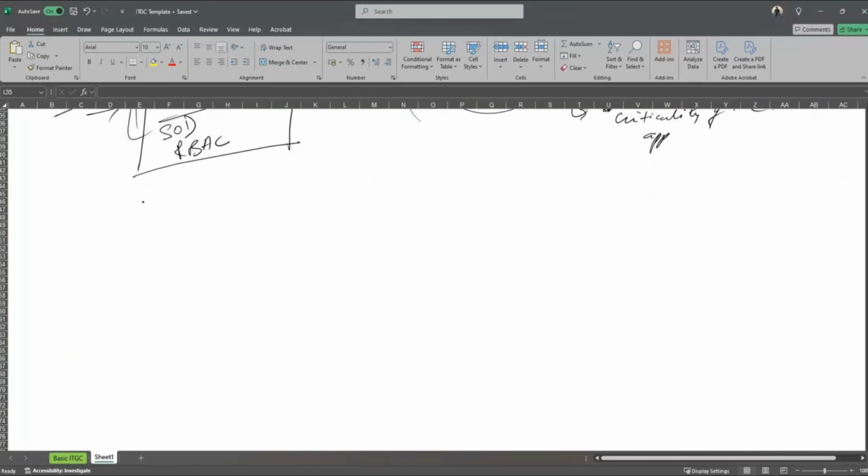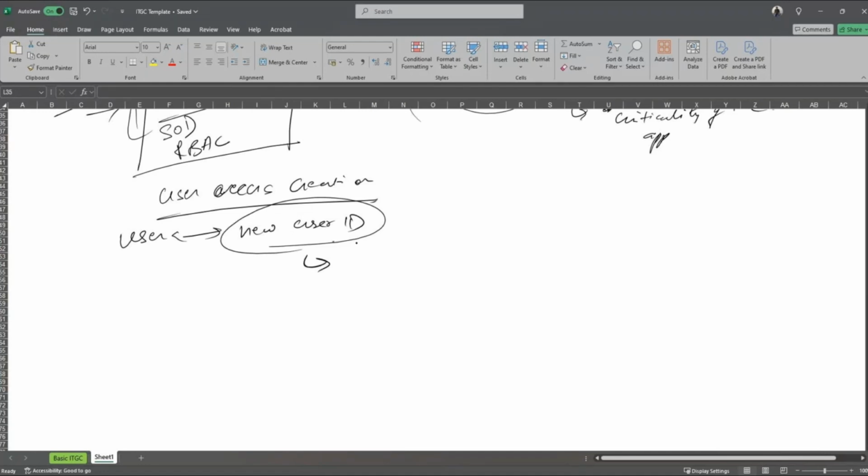Now for user access creation, usually what we speak of is when a user gets a new user ID, right? And when that happens, it's usually when there's a new starter. In the other case, when I spoke of role modification, if you remember just a few minutes back, in some cases,